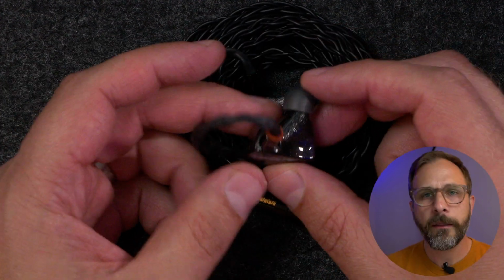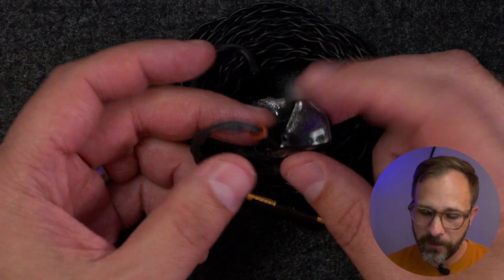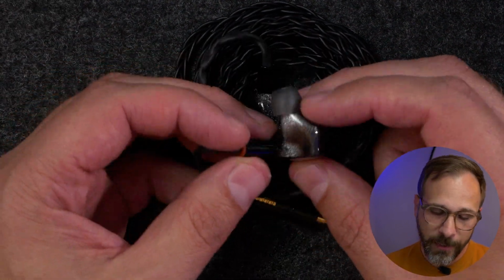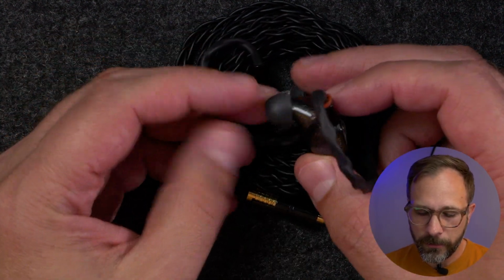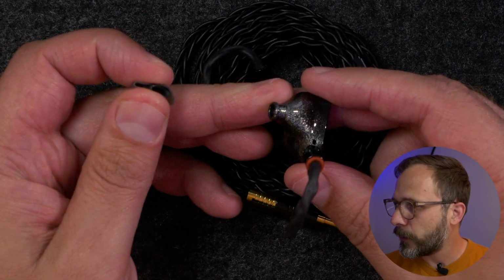And if you caught the note that I made earlier about this thing having a lot of drivers in it, it's got 9 drivers per ear. As you might expect, it's a little bit on the large side. That said, I think they've done a pretty good job with the shape. It definitely feels large in the ear, and I'll give you a demo of that in a little bit. But while we're up close, I'll just focus on